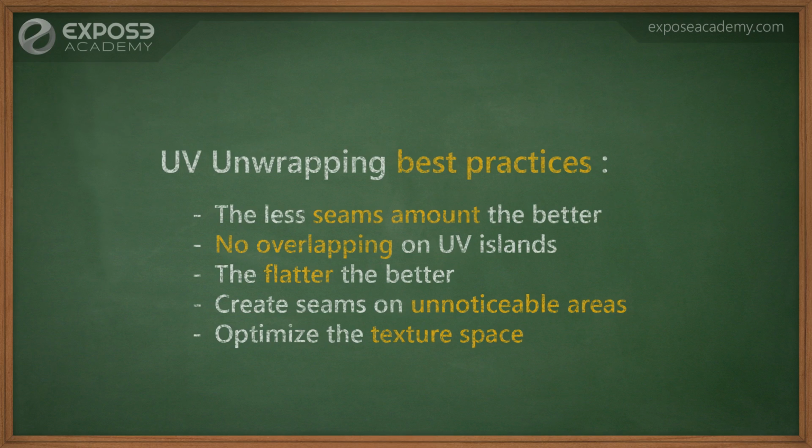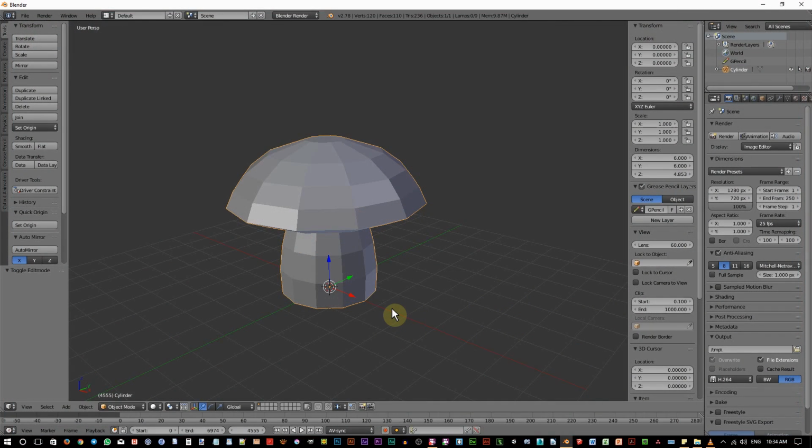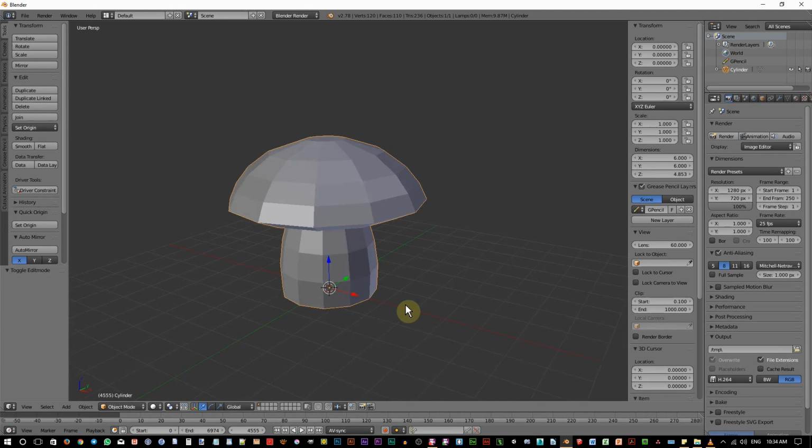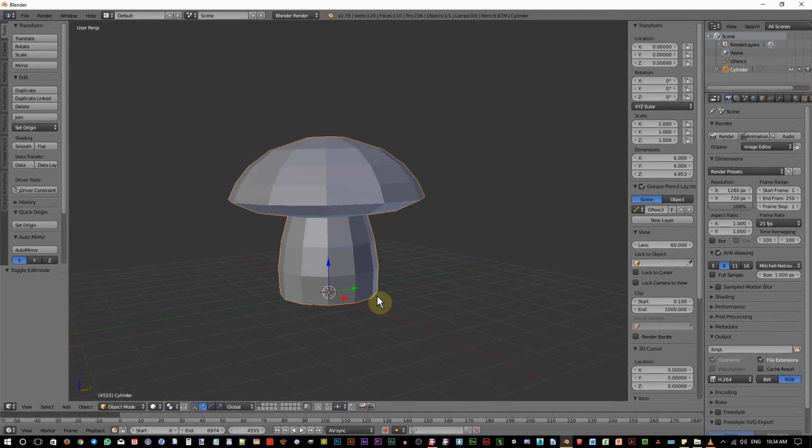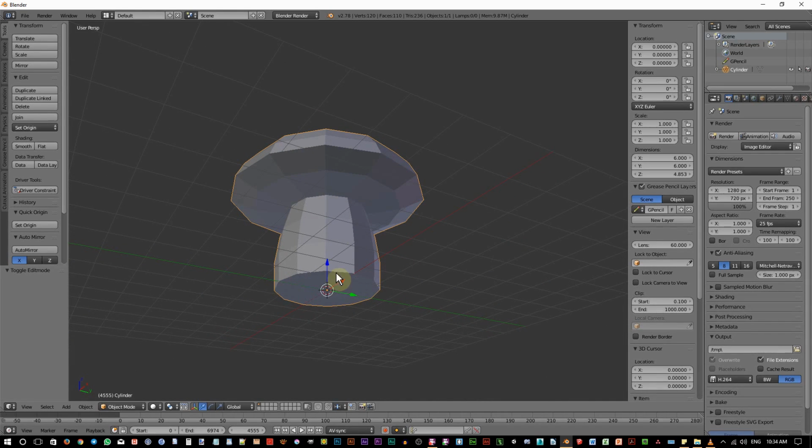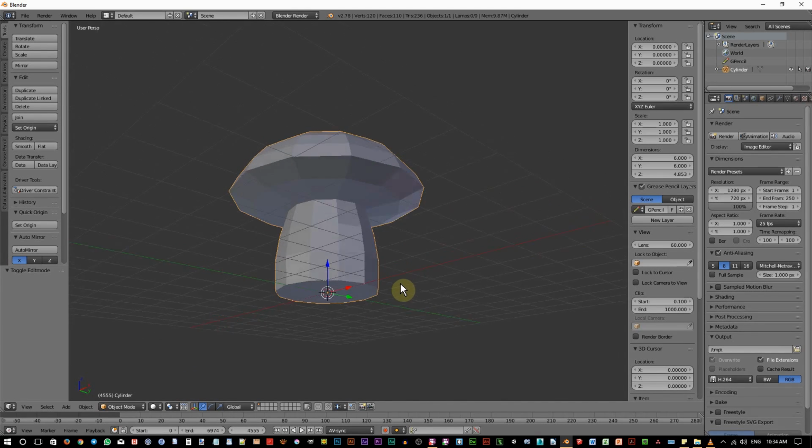There are still a lot of things we can discuss about unwrapping, but I think these five rules are enough for now. So let's move on to UV unwrapping our mushroom model. The first thing that we need to do is to remove the bottom face. Why? Because we will not be able to see it later, unless you are planning to create